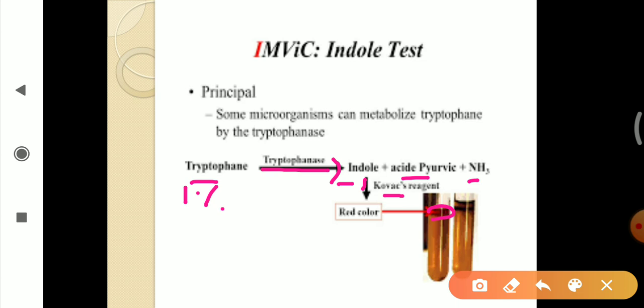If an organism has the tryptophanase enzyme, it is capable of hydrolyzing tryptophan into indole, pyruvate and ammonia. The indole produced reacts with Kovac's reagent, or if we are taking Ehrlich reagent, then the full form of the Ehrlich reagent is